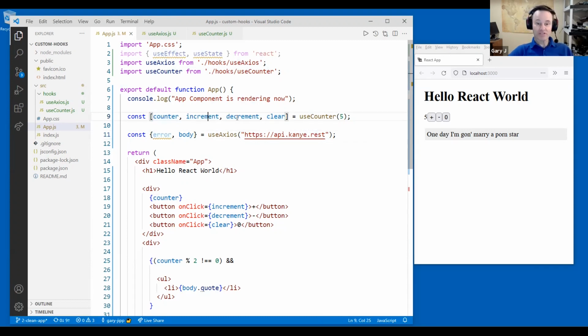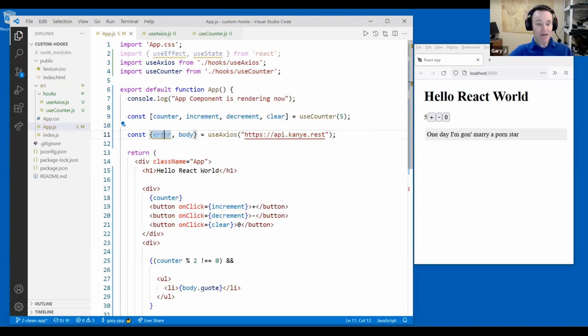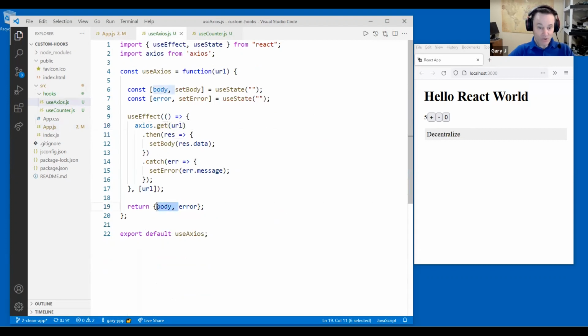So, using an array is great because you can change the name of them. The names aren't fixed, but the order is fixed. So in this case, I use an array because the order is fixed, but I can change the names. In this case, I'm using an object because the names are fixed, but the order is not important, or I don't have to have some of them. I can just go body, and it'll work. So if, for instance, I returned things in a different order, like this,